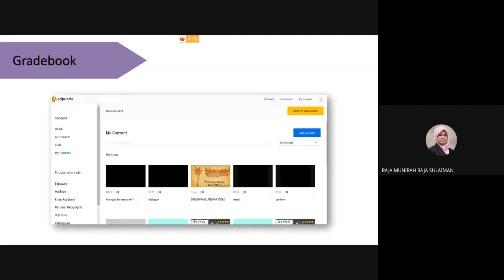Okay, and the last one, maybe I will take you into a gradebook just to take a simple, brief look at what gradebook is. That's basically what we are going to do today in 1 hour. Inshallah, I will try to finish it. We go straight to the EdPuzzle.